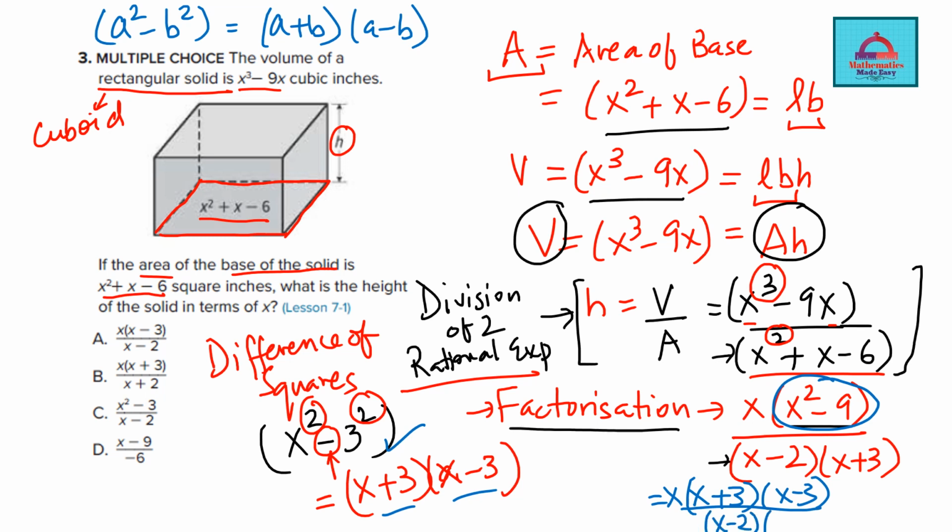Now you cancel the common factors. What are the common factors? I'm sure you're able to identify x plus 3 and x plus 3. From numerator and denominator they will collapse to give you x times x minus 3 divided by x minus 2. That's your answer. You cannot simplify this further, so I want you to match now and tell me which option